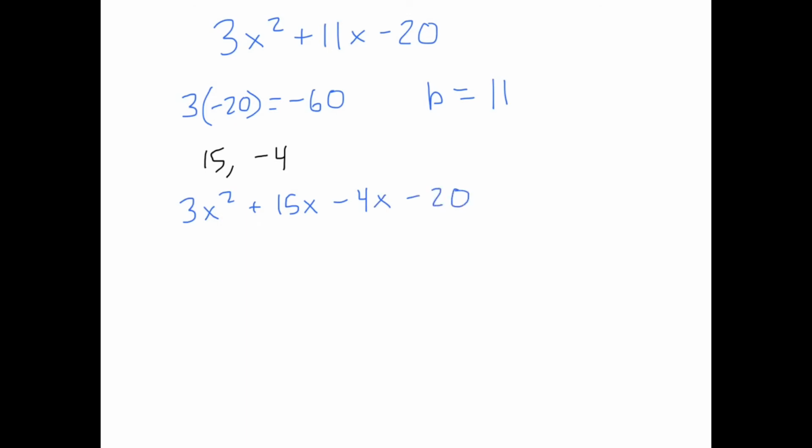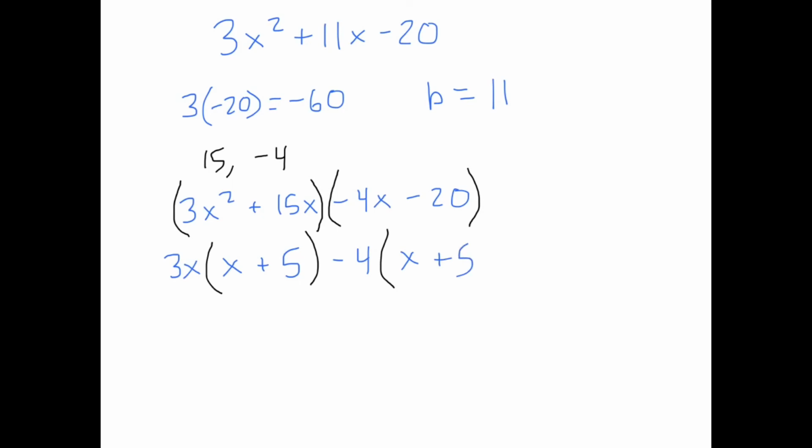If we break this 4-term polynomial into two separate terms, it'll look like this. In the first term, we can factor out a 3x, and that'll leave us with x plus 5. And in the second term, we can factor out a negative 4, which will leave us with an x plus 5. We factor out that x plus 5,